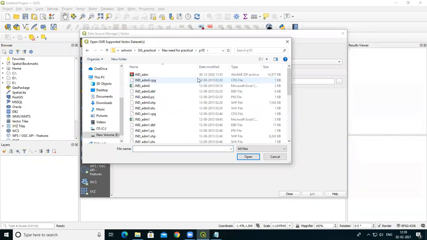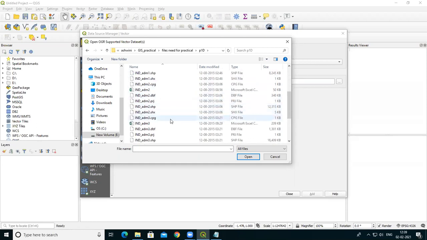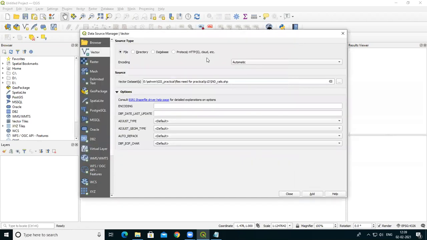So for that, I'm taking this calculating length and statistics for the rail, Indian rail. So for that, I need rail.shp. So there is a file, Indian rail.shp file. I just open this. Okay, so I browse the particular file, that is Indian rails.shp.